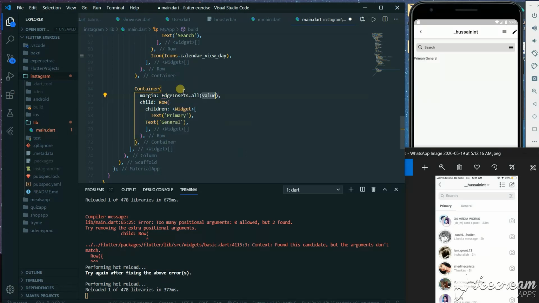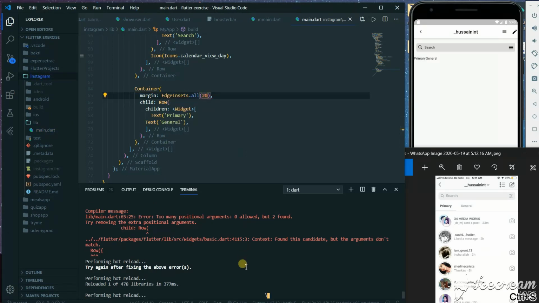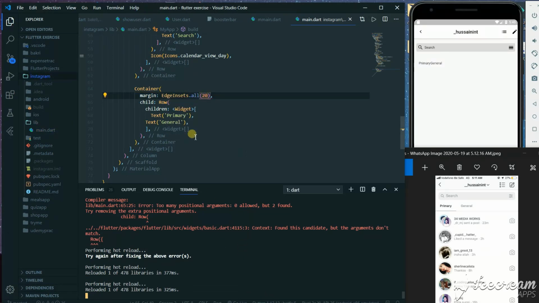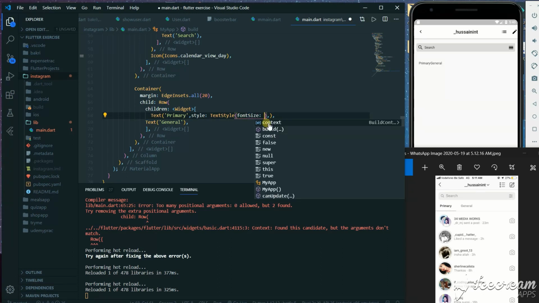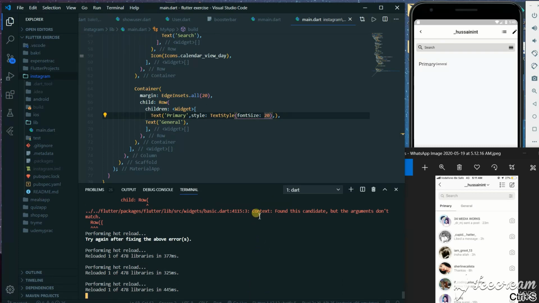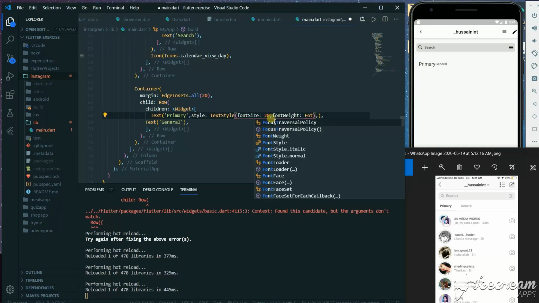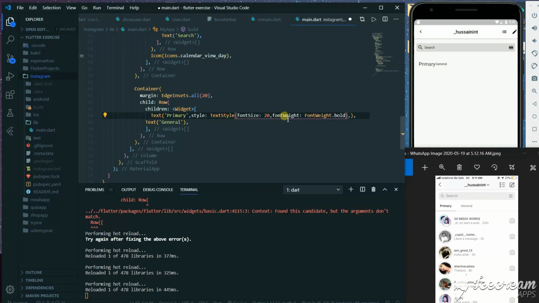We'll give a margin, which will give space outside the border of the container. 20 looks neat, and we'll give some style to this text. By now you should be familiar with this style attribute in Flutter because this is the main thing. We'll give a font size of 20 and a font weight of FontWeight dot bold.